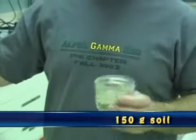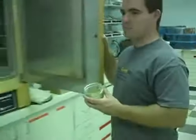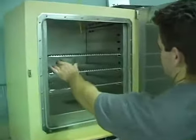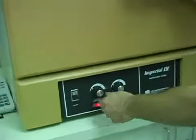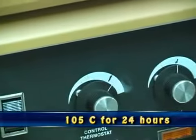Weigh out 150 grams of your soil sample in one of these small mason jars. You're going to take it and put it into the oven. You're going to have this knob turned up to 105 degrees, and you're going to leave the samples in